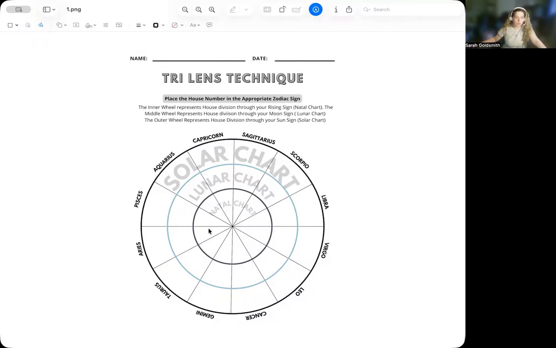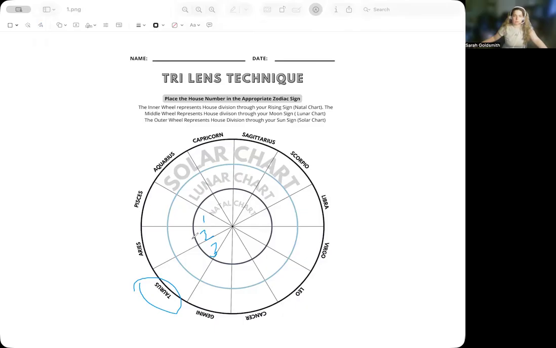So my natal chart in the middle, I started the signs in this paper here as they are in the sky, like Aries, but my natal chart starts at Pisces 1, and so I'm just gonna do it. I can just stop at Taurus because it's Taurus season, so I want to do that. But what you would do is start at the sign in question. So my rising sign is Pisces, and then one, two, three, four,